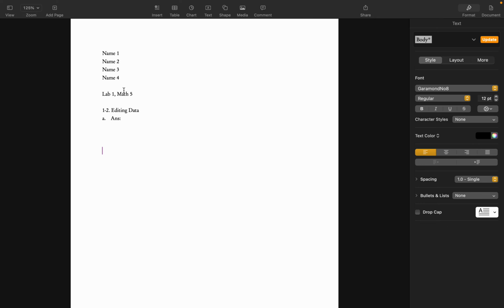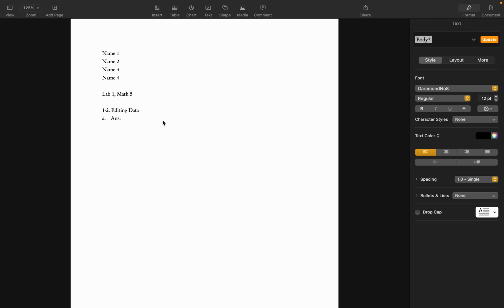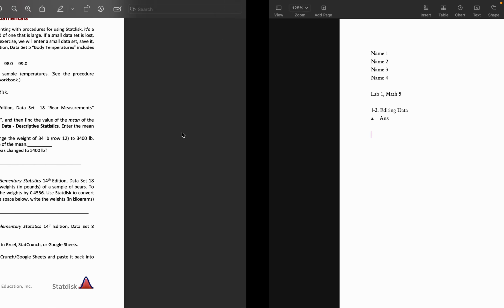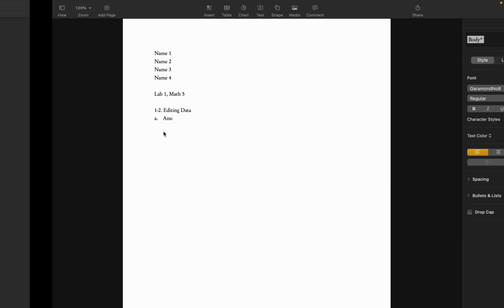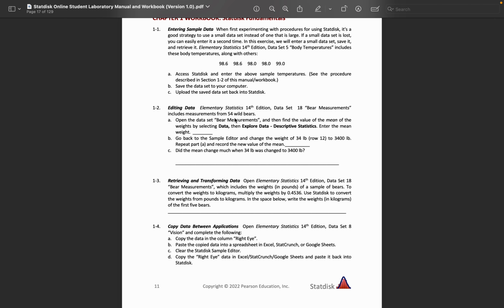And of course, because it will be time-stamped when you upload it to Canvas. All right, and so how you write this part up here is up to you. But I just wrote 1, 2, and then just, I wouldn't necessarily rewrite all of this. I don't think that's necessary. But I just put editing data here, the boldface, just to remind myself what this question is asking. And if you notice here, there's A, B, and C, and I put this part right here will consist of screenshots. This is the answer to this question right here. Okay, all right.